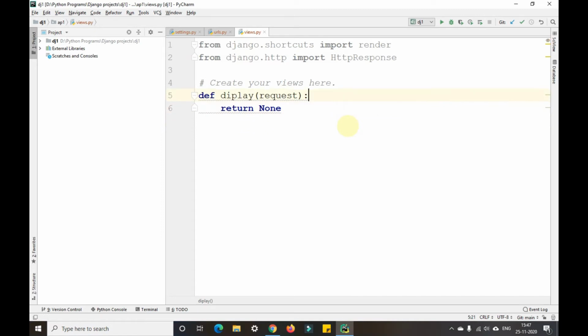In that message, I'll write HTML code. msg equals to, I'll open the HTML tag here, then the body tag, then we'll give the background color as bgcolor equals to green.